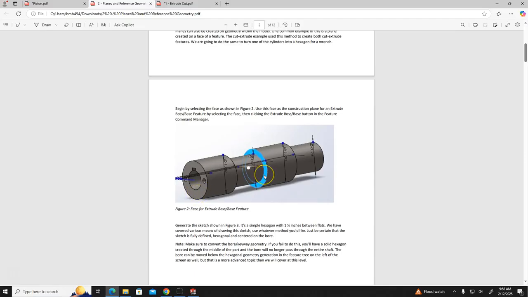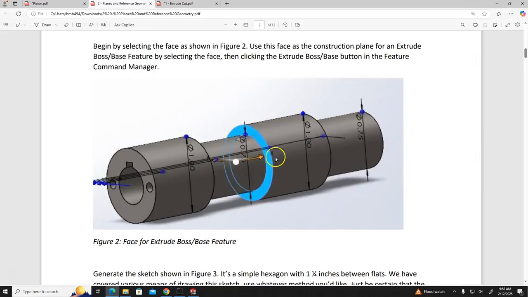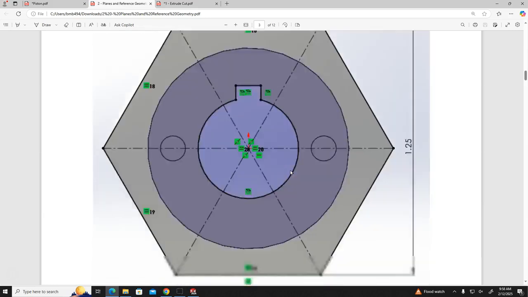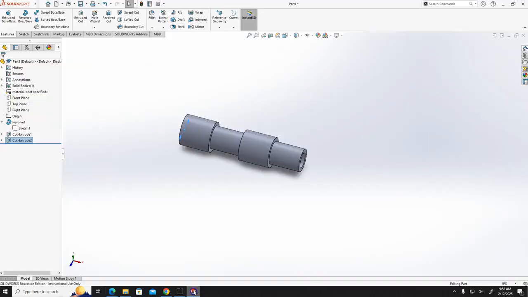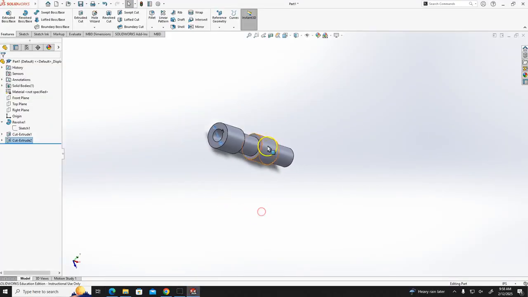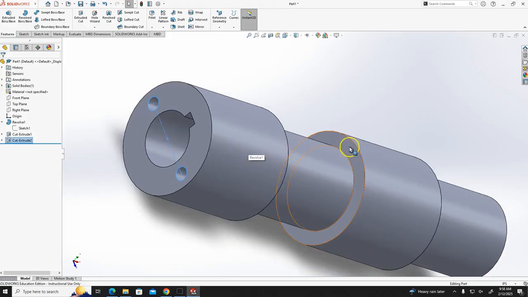Now on this face which you see in this particular PDF, we are going to draw the sketch and create a hexagon using the polygon command. We are going to keep this hole intact. So let's rotate the part, select the face